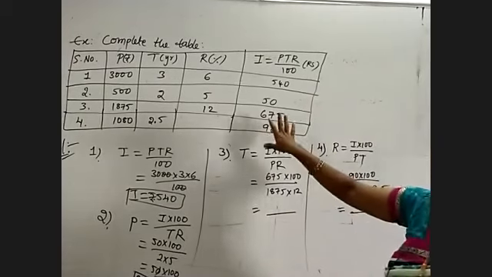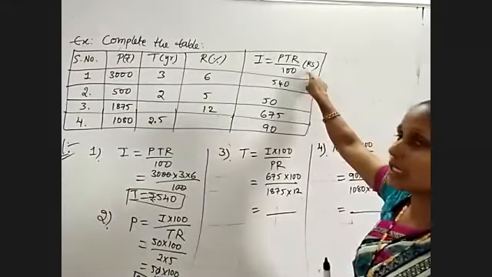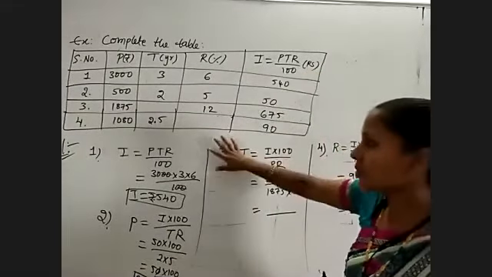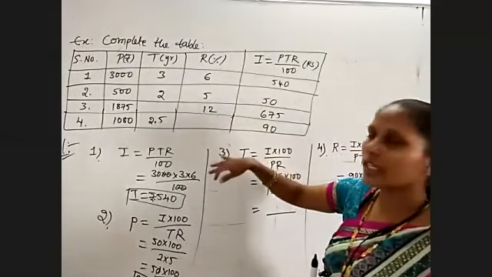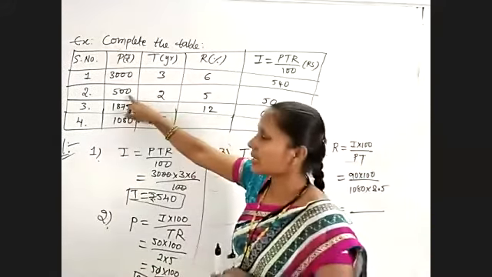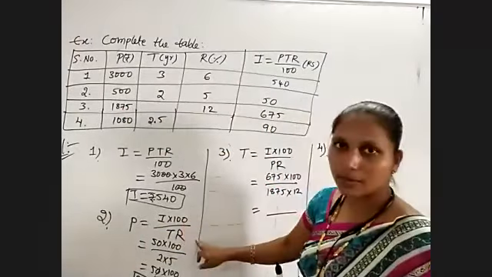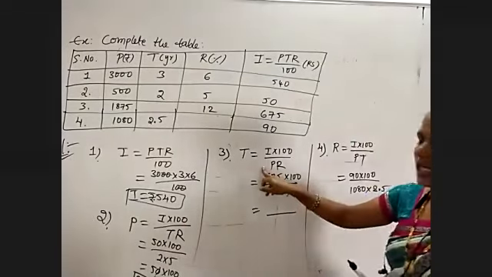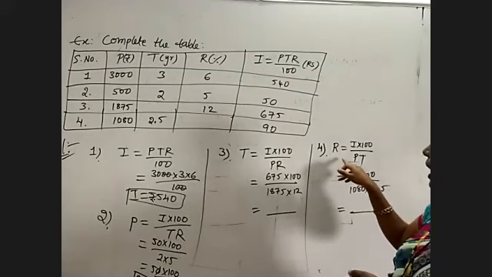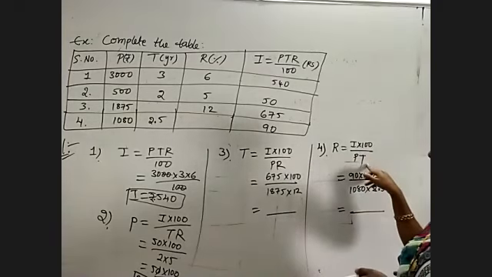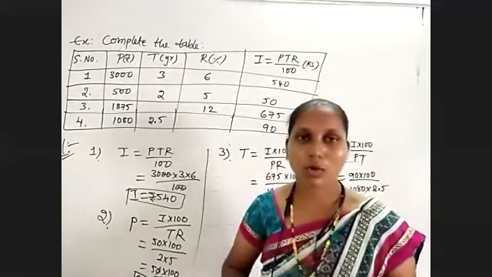So this is about simple interest because they have mentioned I is equal to PTR by 100. So it is a simple interest. So we are using the simple interest formula, and in that case, whatever missing variables are there, that one we need to find. For second case, principal not given. So that's why we are using principal formula as I into 100 by TR. Third question, T not given. So this formula is I into 100 by PR and R is I into 100 by PT. Okay. And in next class, we will discuss about compound interest.